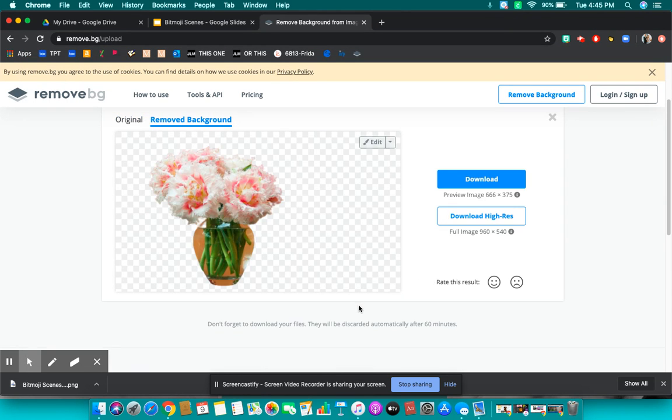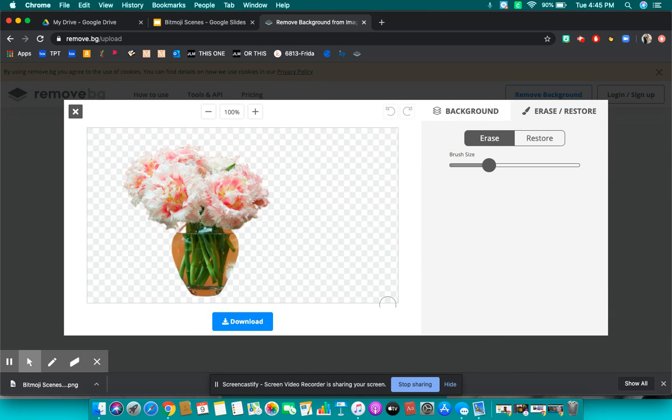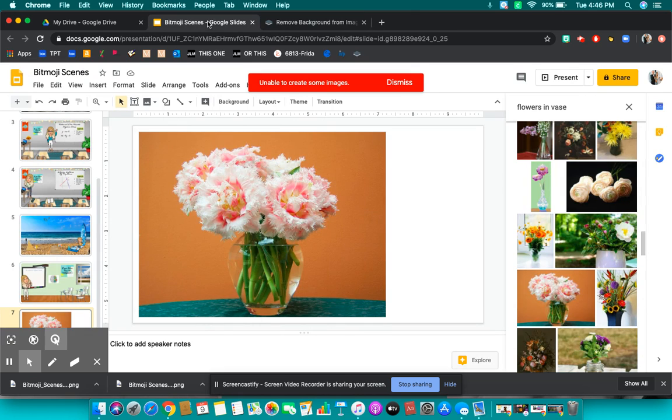Okay, it automatically removes my background for me. Now if you don't like the way it removes it, you can click edit and you can erase or restore different things. So if you didn't like the way it removed it, you can restore it, and then you can go in with the brush and erase it on your own. Now I'm going to download the image, and it downloads it with the same name, except at the end it says